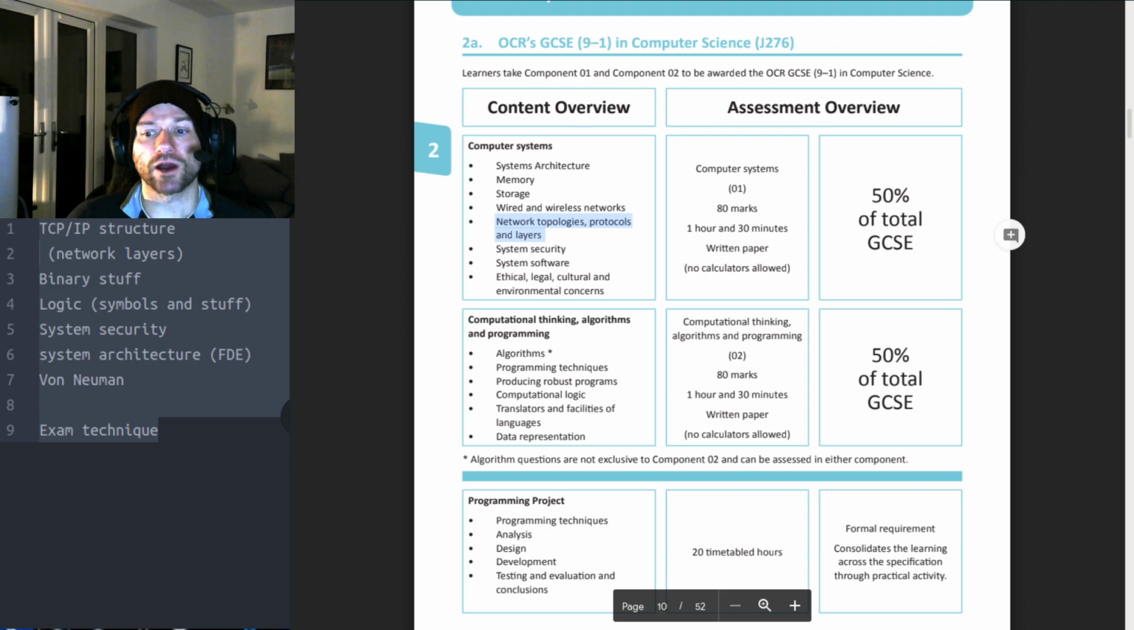Okay, so here's the plan. We're going to have a look at networking. We'll look at the TCP/IP structure. That covers